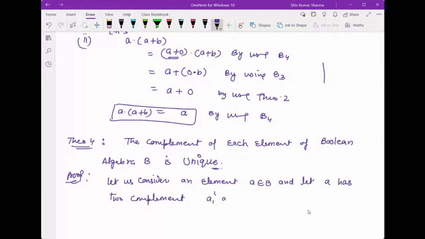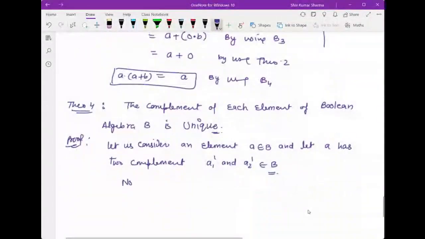These two complements are A1 complement and A2 complement, which also belong to B. So we assume that A has two complements, which also belong to B. Now, to prove that A1 complement equals A2 complement, अगर हम ये प्रूव कर देते हैं कि जो दो कॉम्प्लीमेंट